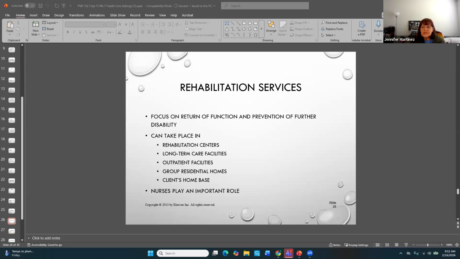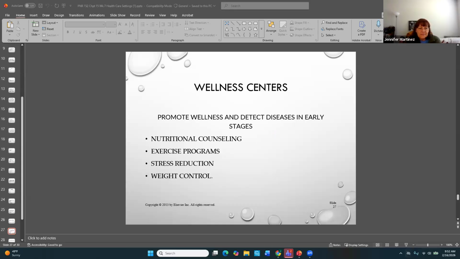So skilled nursing facilities, right? You have skilled licensed personnel, so RNs and LPNs. You also will have your PT, your OT, your speech therapy. Vital signs are monitored, medications, wound care, right? Whatever other skilled nursing care needs to be provided, as well as the personal care that is needed for those clients.